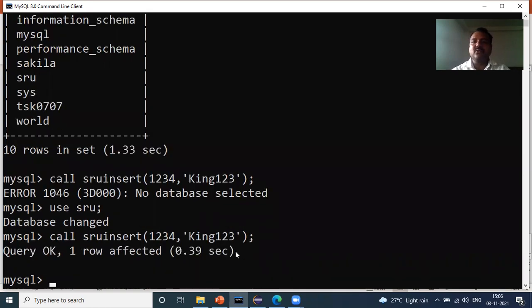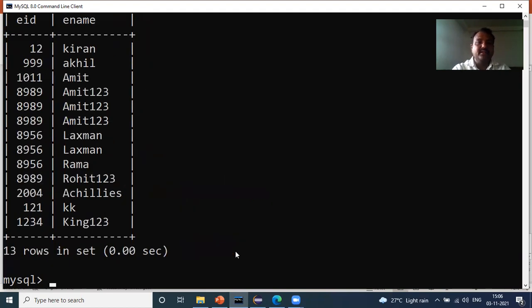Now it means that now I'm able to call the procedure from the database by supplying some arguments into that one. Now I would like to see what are the elements which are there. Select star from EMP. Right. So if I can see here now, whatever the element which is supplied as an argument into the method now has been inserted into my table.